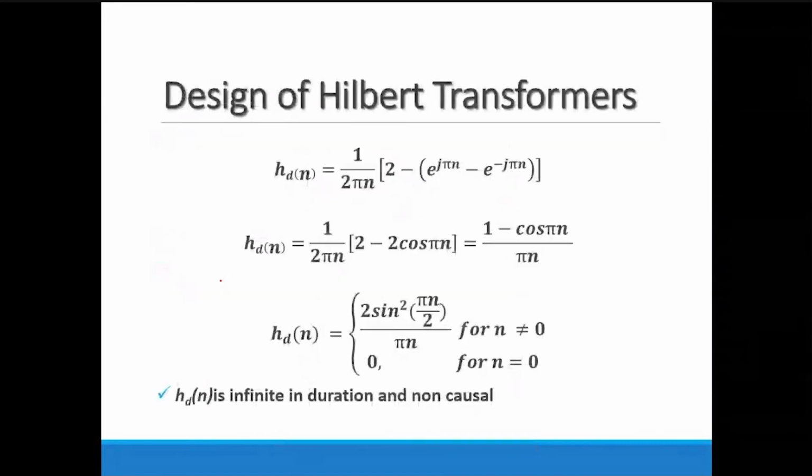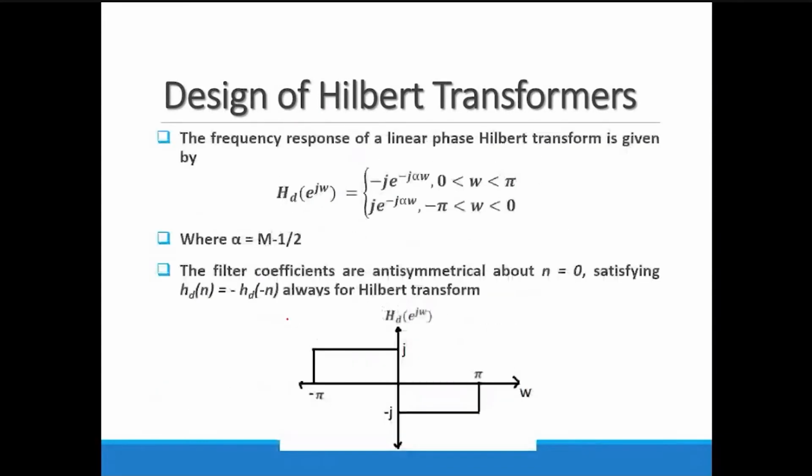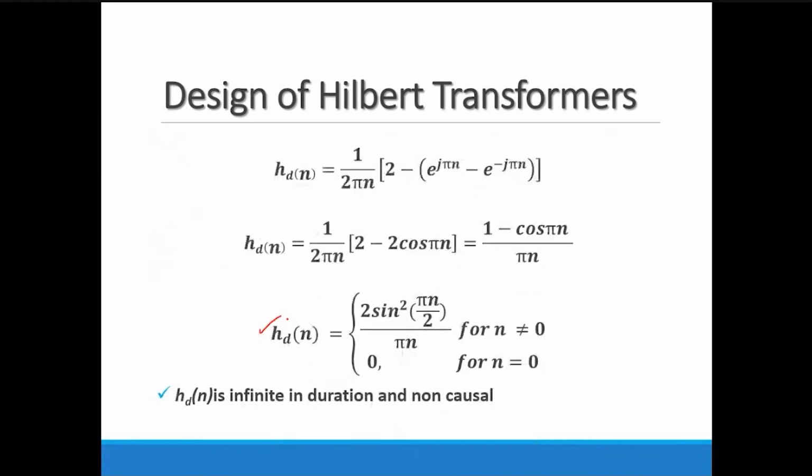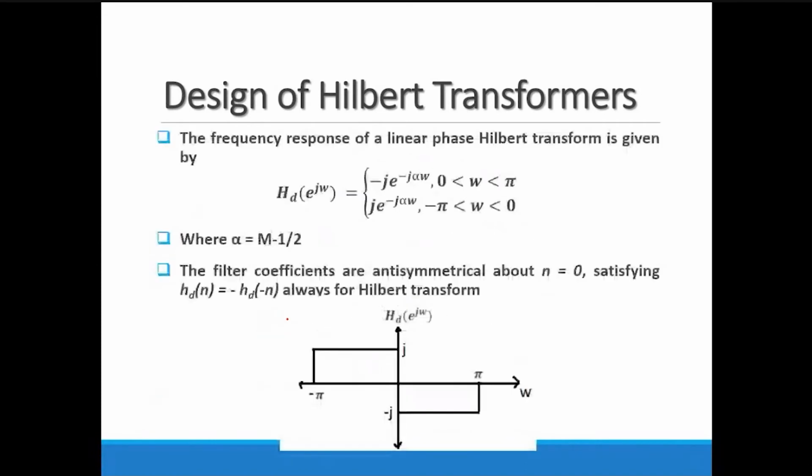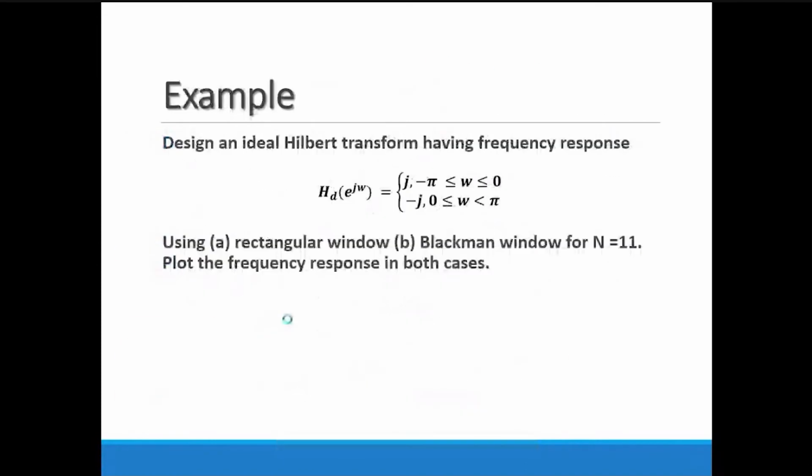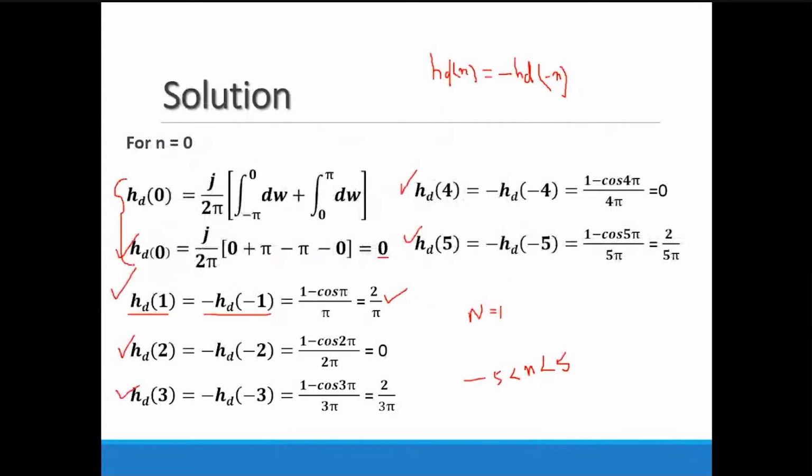Just a second. HDN is equal to, sorry, my mistake. HDN is equal to 1 upon cos pi n by n, which is for n not equal to 0. And for n equal to 0, we have to take the value 0 directly. So here I have shown the calculation only for your understanding. Otherwise, HD 0 in the Hilbert transform is always 0. So this is how I clarify how you are getting the 0 over here. And for the remaining, or here also you can utilize the equation. No, sorry, here you cannot utilize the equation, but you have to simplify it like this.